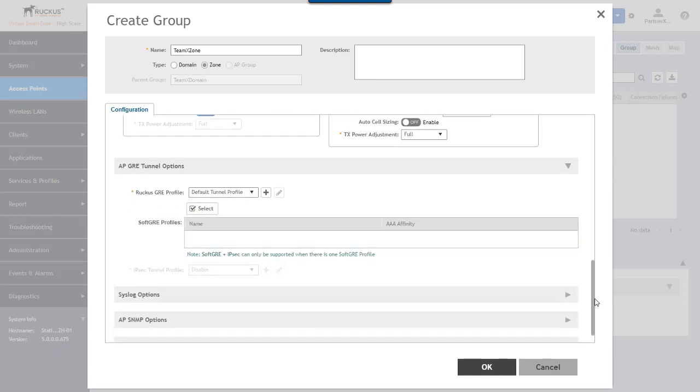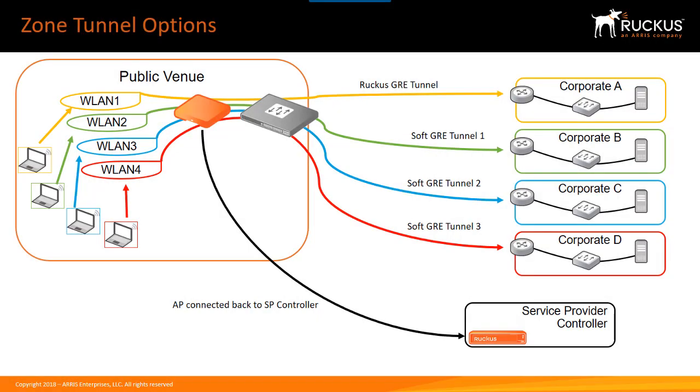And before we talk too much about this, let's talk a little bit about how zone tunnel operations work in SmartZone OS 5. So here I'm just going to show you a quick overview of the zone tunnel options in the Ruckus SmartZone Network Controller running SmartZone OS 5. So in this release, we allow 4 different types of tunnels from a given AP in a zone. So we configure those in the zone. And what tunnels do for us is allow us to tunnel traffic from clients on particular WLANs back to some other network